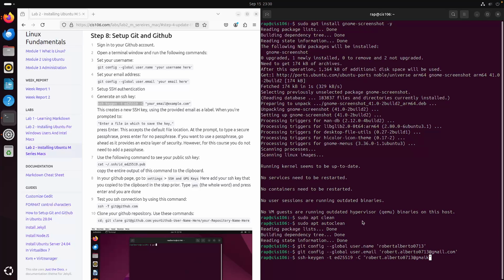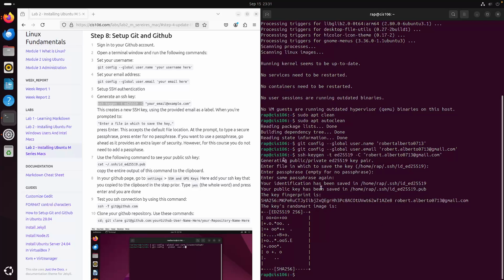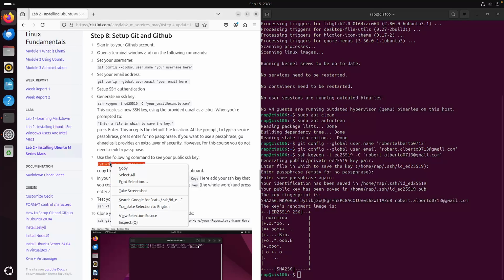Make sure that you don't have a typo in your email address. So double check it. Perfectly fine. Press enter. Here, simply press enter. If you want extra security, you can add a password or a passphrase to this key. I'm not going to add that, so I'm just going to press enter over here, but you're welcome to do so. Now, you're going to copy this command here,